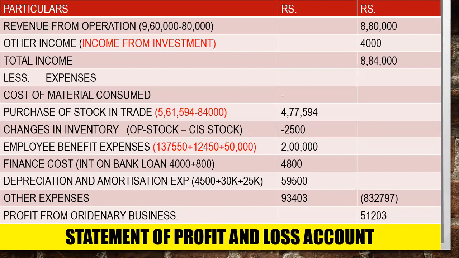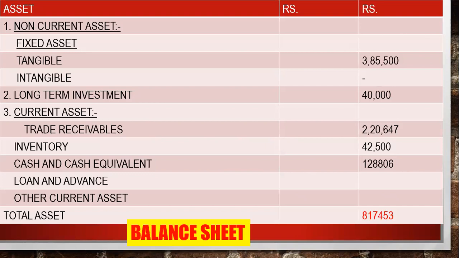You have to give the second effect of this. What you have to do is gross tangible asset minus depreciation amount, so you will get your net block. I have given the first effect over here, that is 59,500. You have to give the second adjustment in the balance sheet asset side. So this is the tangible assets. I have taken 3,85,500 directly, because over here you can write the total also, like plant and machinery 1,50,000.